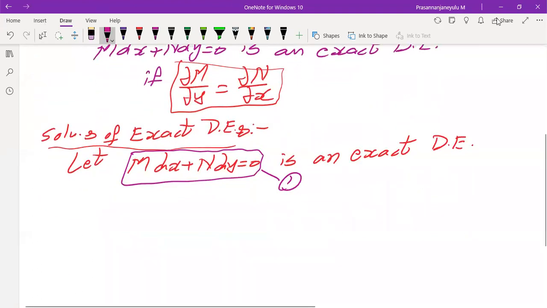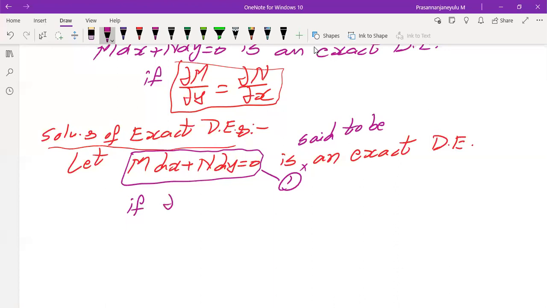When do we say it is exact? It is said to be an exact differential equation if what is the condition? ∂M/∂y is equal to ∂N/∂x. Please remember this: ∂M/∂y equals ∂N/∂x. This is very, very important. If this is happening, then only it is an exact DE. Then the general solution of